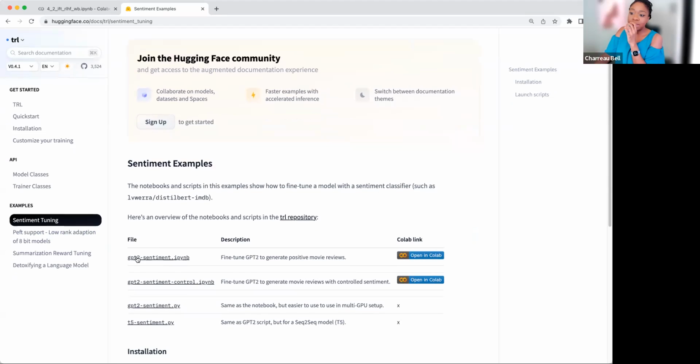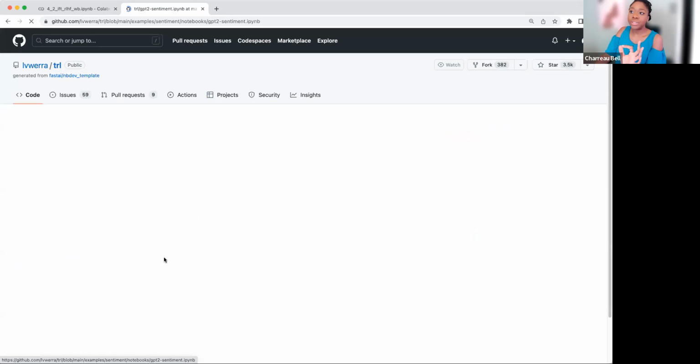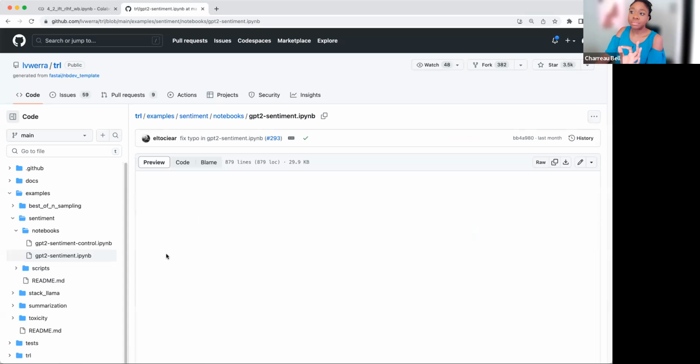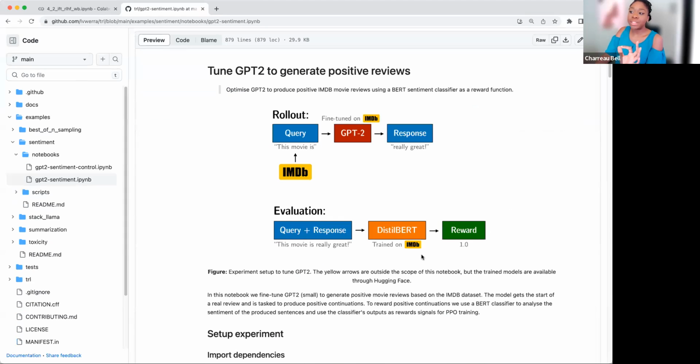And so what we can do is we can see this example. I'm actually not going to open this in Colab. I'm just going to look at it directly. Oh my gosh, there it is again. Something that is really interesting about this is that, remember how we talked about there has to be some sort of reward model. Their reward model is based on a BERT, a DistilBERT. So you get the query and response, and it gives you that numeric reward. And that's what we use to train our PPO model, a part of that.